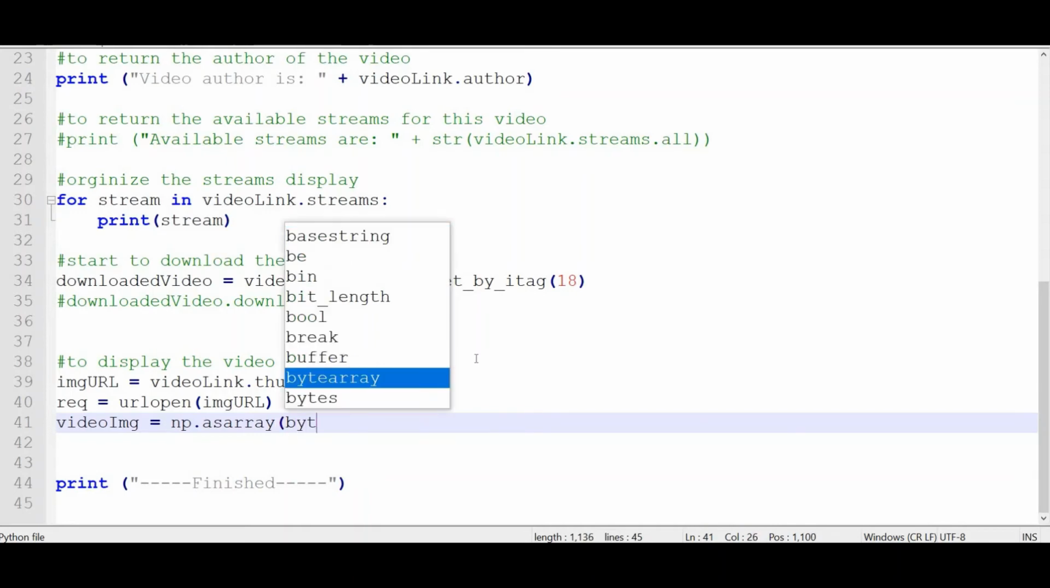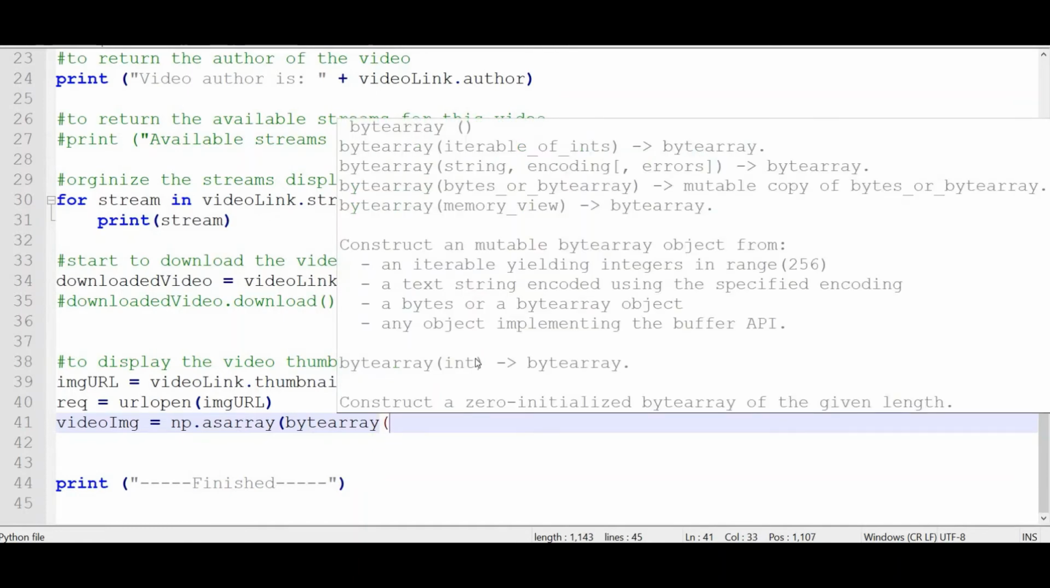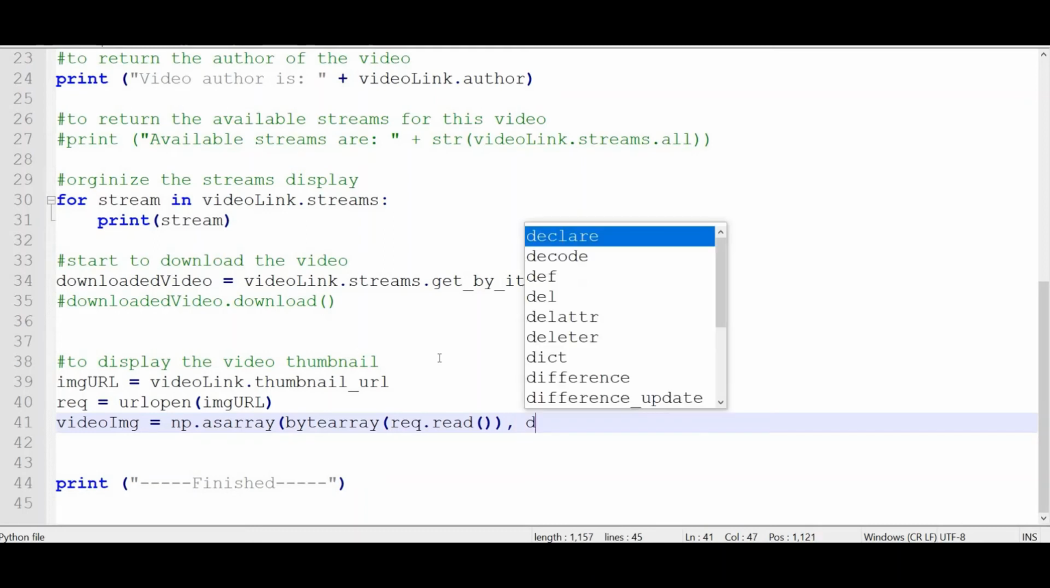Okay, we convert to byte array, open another bracket. Now which array do we want? We want the array that we stored just now in the request. So request dot read. Okay, so read it from there. We close this also, and here we come to the type, the data type